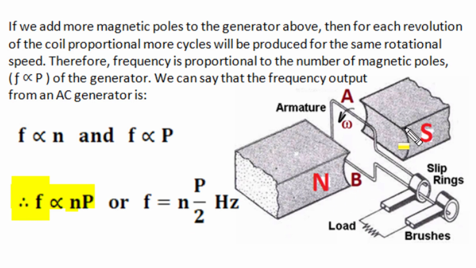And for this one pair of poles, or two poles, if the pole number is 2, one cycle of rotation produces one cycle of sinusoidal induced EMF, and n revolutions per second will produce n cycles in a second. So frequency is n for P equal to 2, and for 4 poles, frequency is 2 times the revolutions per second, and the higher the number of poles, the higher the frequency.